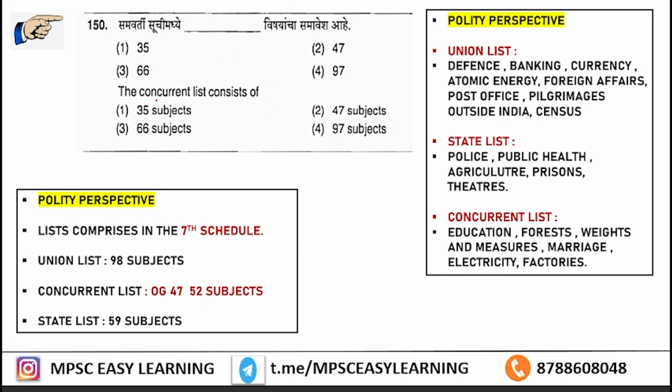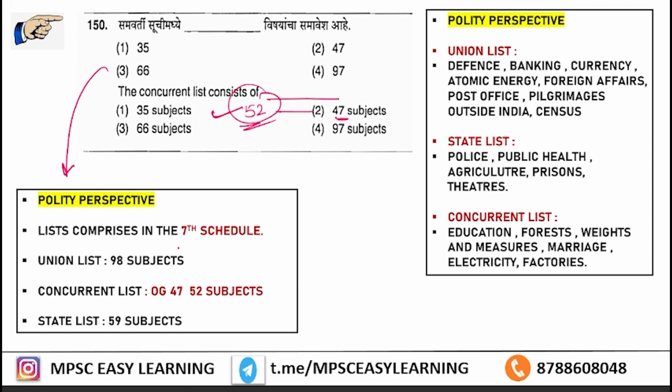Next one, the concurrent list consists of dash. Here they have asked how many subjects. Okay, 35, 66, 47, 97. So here this is an old question, right? But 47 originally थे, अभी हैं 52 subjects. So अगर currently ये question पूछा जाए तो आपका सही जवाब है 52. If we study this in depth,